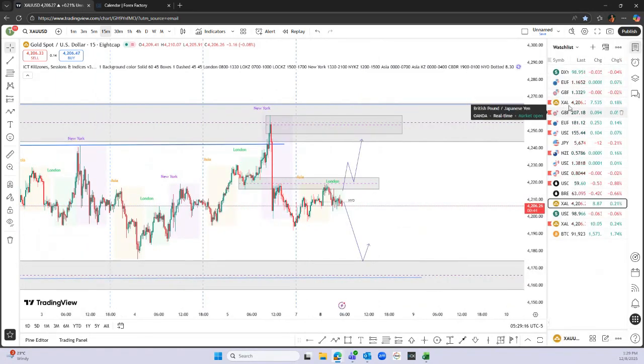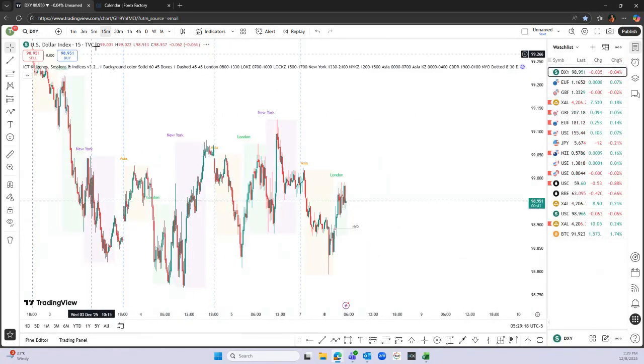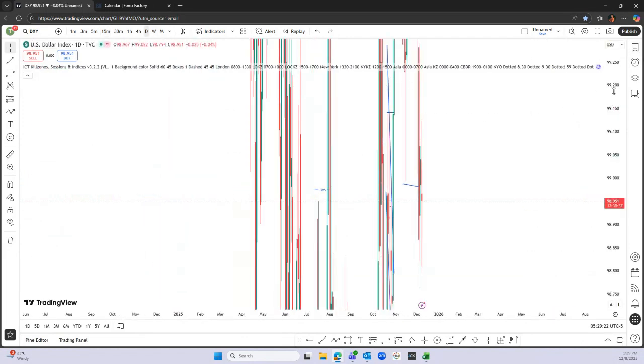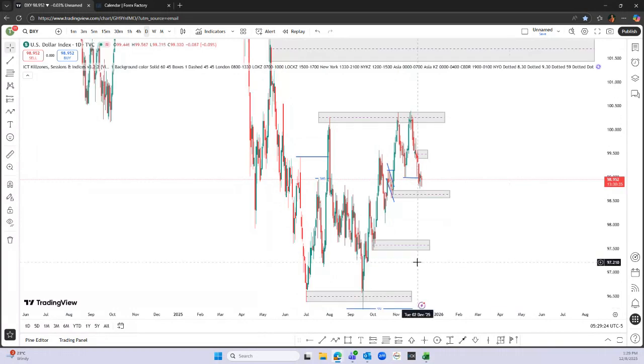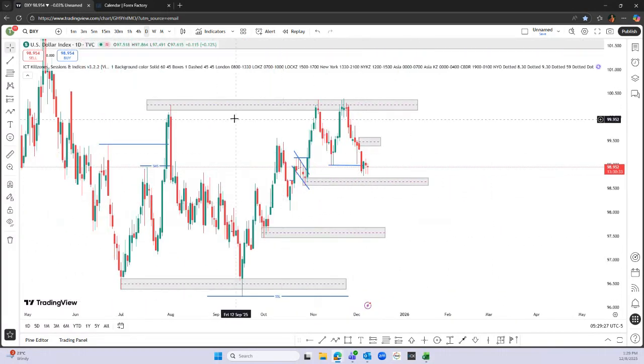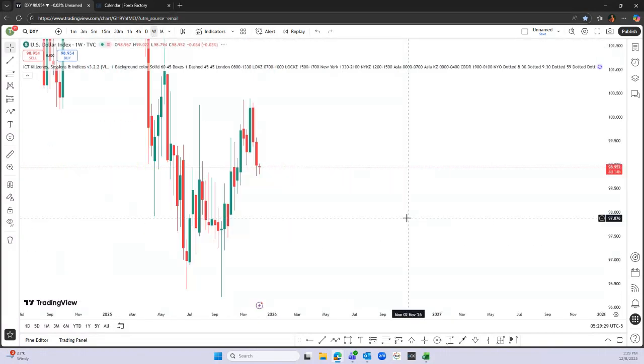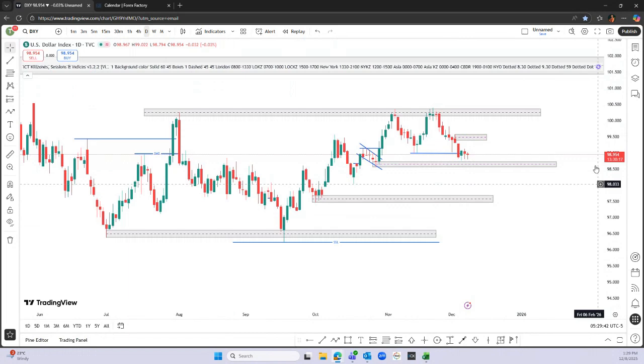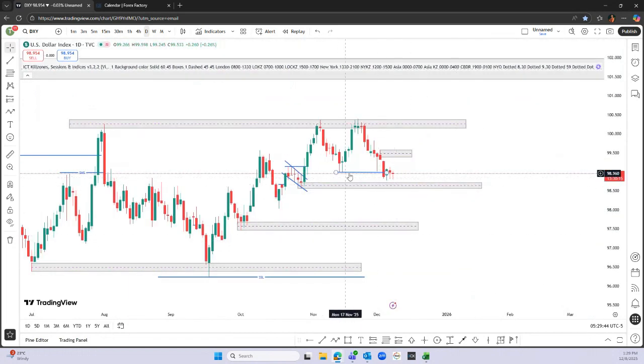So a quick overview of the dollar index. We are still seeing the dollar index being pressured slightly, and like I mentioned, that is due to the hawkish sentiments by the Fed. So we have been seeing quite a weaker dollar, and we have been anticipating the dollar index coming to these levels. If you look at the weekly time frame, the last 2 weeks have been quite bearish. On the daily time frame, we were looking at the price taking out these liquidities here,